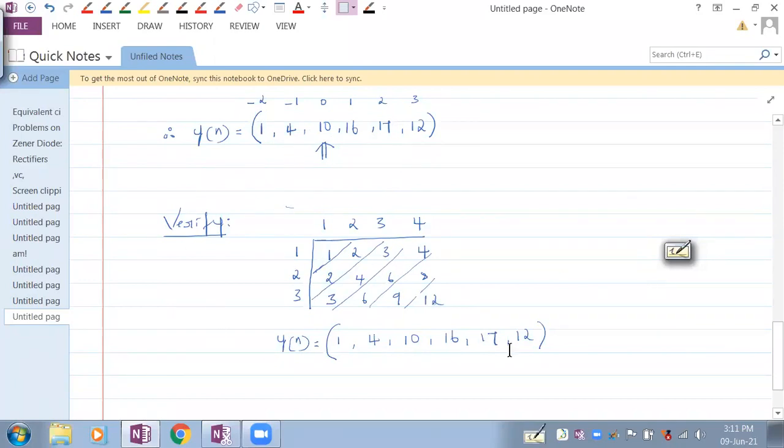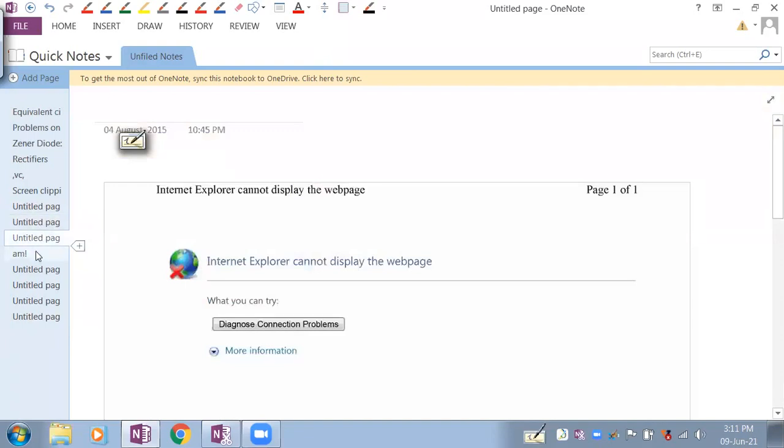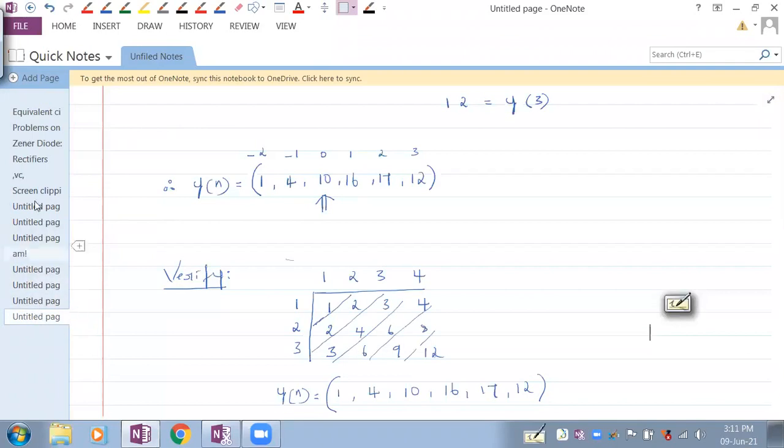So that is something that we've got here. But this is not what you will be doing in your exam. If you do this, you will not get the marks. So this is just for verification sake. Here, this is what we have got. And we also have understood that this is our 0th sample. If this is our 0th sample, the starting is -2 and the ending is 3. Understand that? So that is what we worked with initially. Everybody understand that?